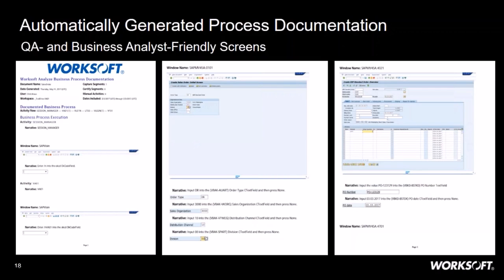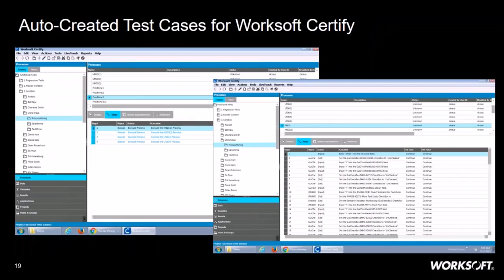Now, from that, we're able to generate documentation that's very friendly for both the business user, with very clear English language descriptions, as well as for the QA analyst, being able to see what is being done in the application. So it really eliminates, or reduces, a lot of the discrepancies between what did you mean, what were you doing. It can really reduce a lot of the iterations that occur in developing test scripts.